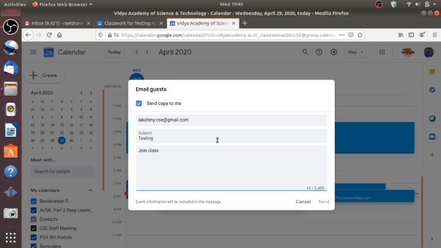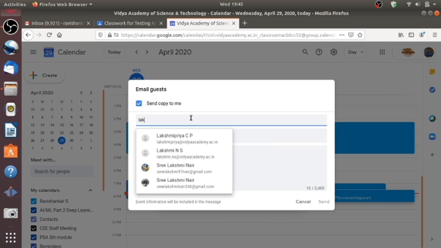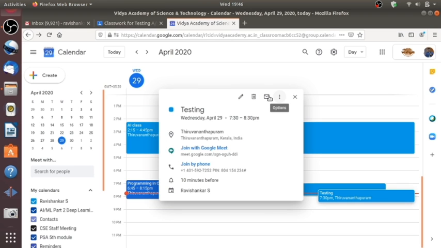Directly you can give the mail ID there so that everybody will get the invitation individually. In addition to that, you can copy the event information. When you click on the event, you can see all the event details, and there will be a mail option. When you click on the mail option, it can be shared with all.